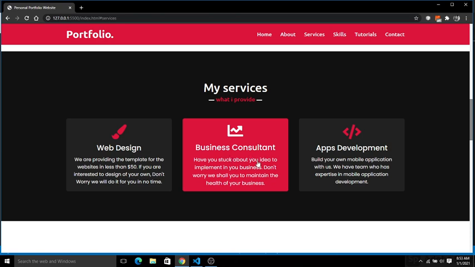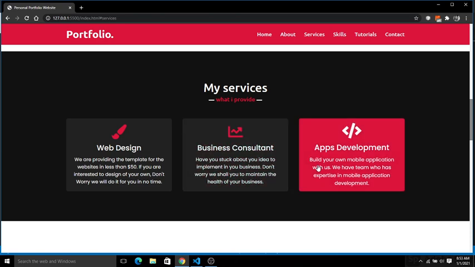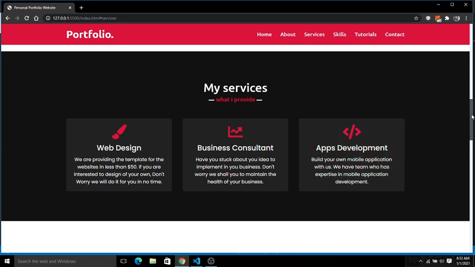Add a link here. Basically if you have a link here, and here is the app development. So you can now showcase your talent or your coding skills. You can showcase your projects here, basically the applications you have developed, whether it is a web application or a mobile application. You can add a link here so the user can redirect to that place and see what you have done.